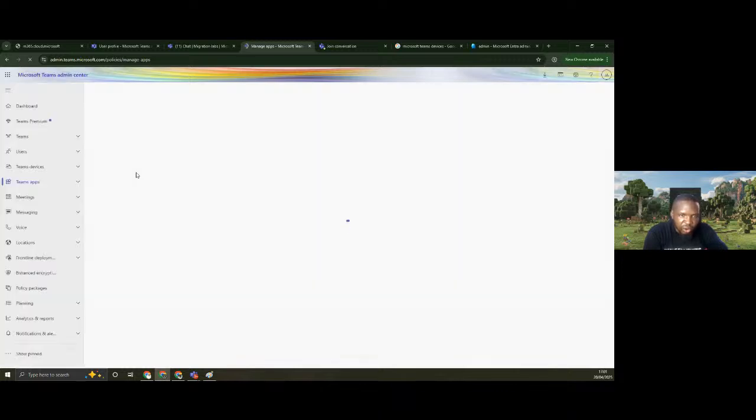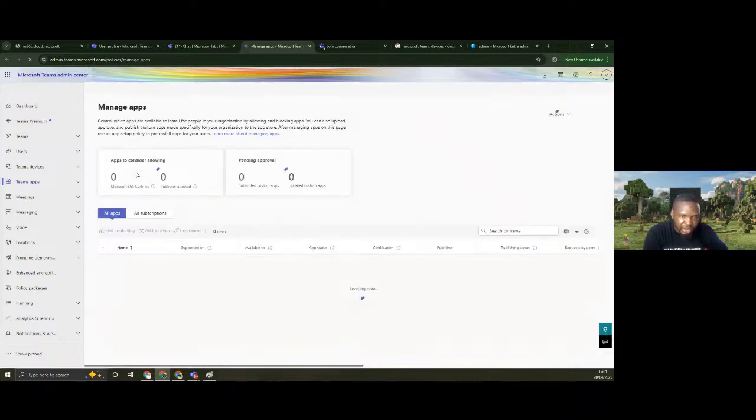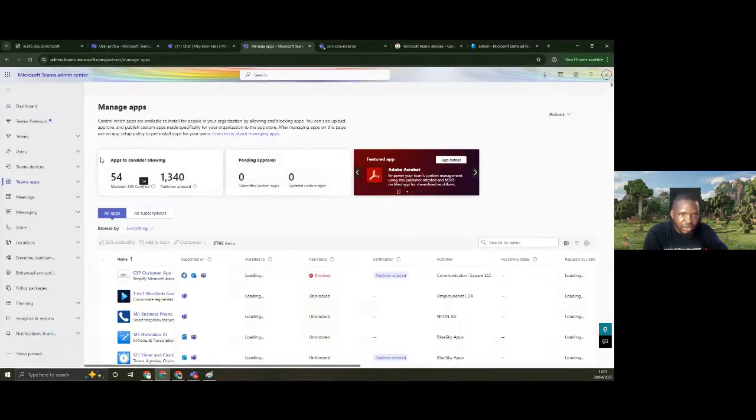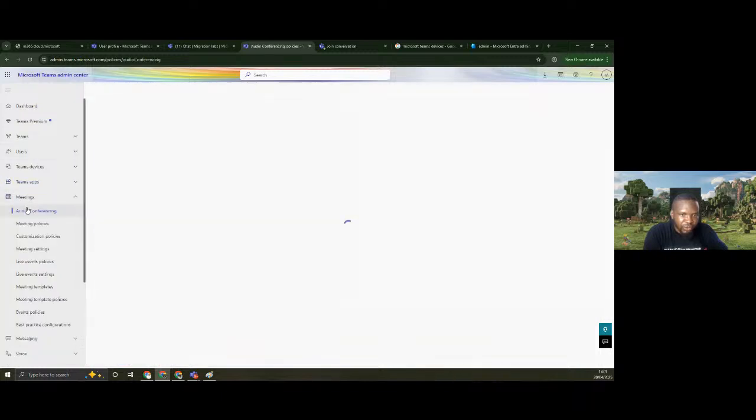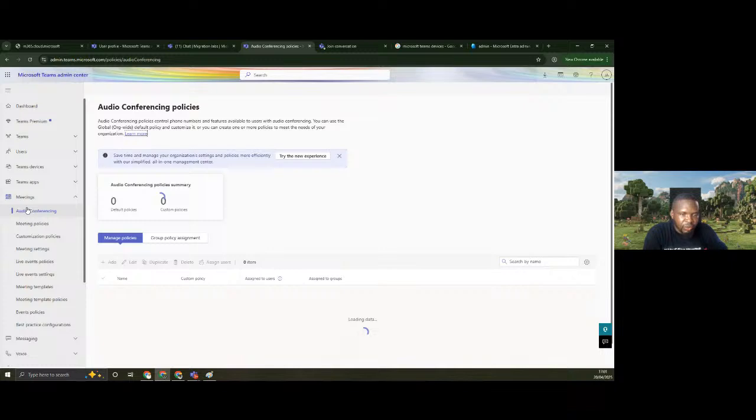So audio conferencing can be toll or toll-free. You can allow a toll or a toll-free call. If you are setting up toll audio conferencing, when people call into your organization, they would have to pay for the call that they are making to your organization. But where you set up to allow toll-free, it means that you have to have the communication credits that the user calling in from outside is going to be billed from, right?